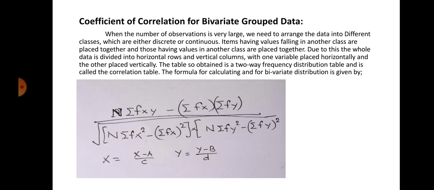For the given problem, in some of the books that you may notice, in bivariate data normally they write this formula as sigma f dx dy, sigma f dy, sigma f dy square, like that. Calculate the coefficient of correlation for the following data. Now here